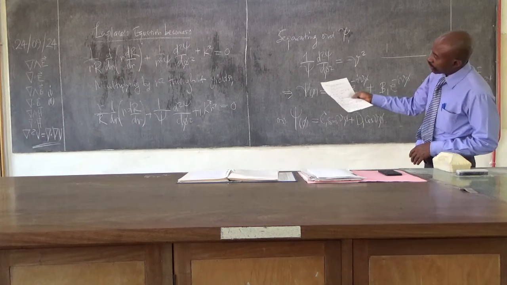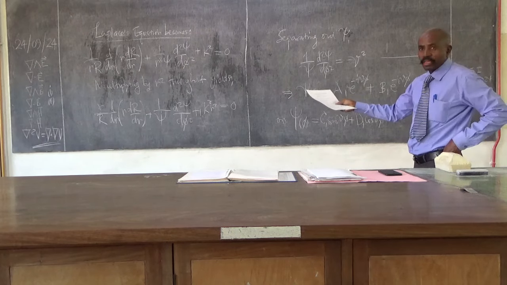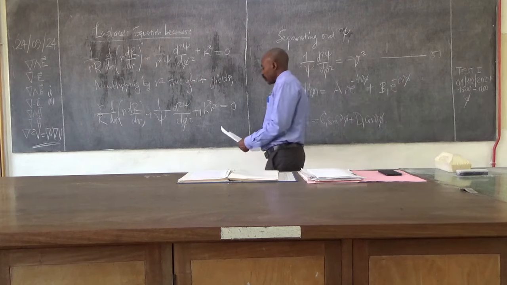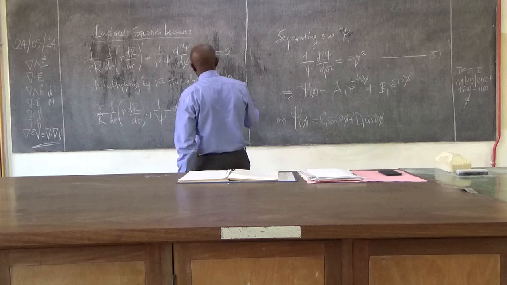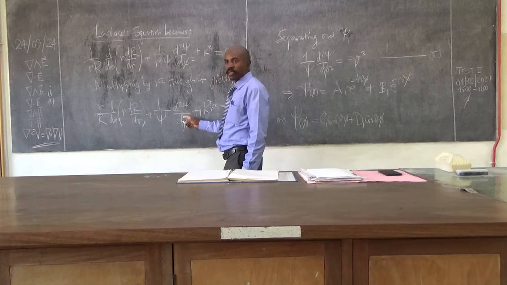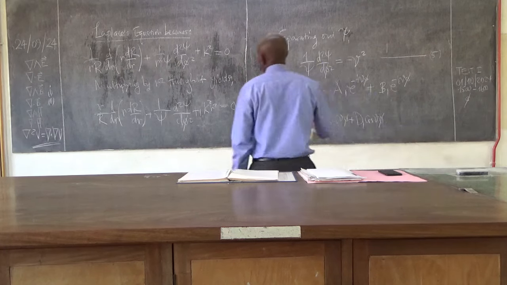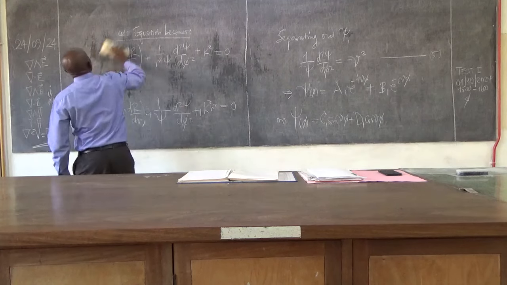Finally, the other side is only having the r, so you can have this now is minus nu squared. So if that is the case, you can say that finally,